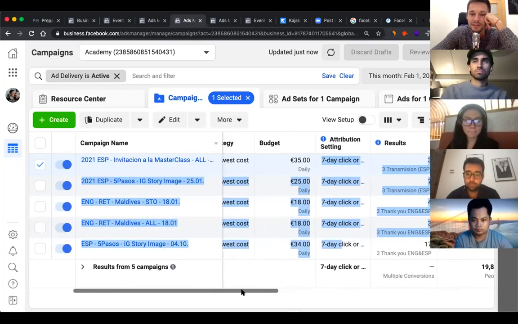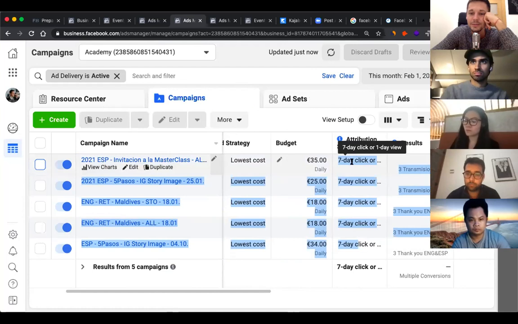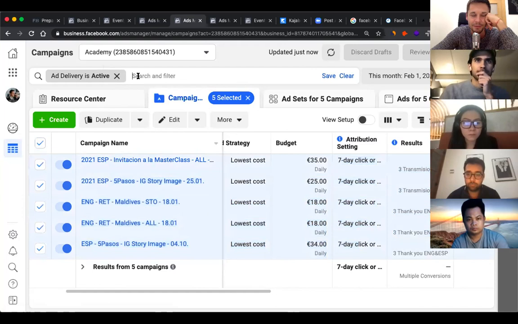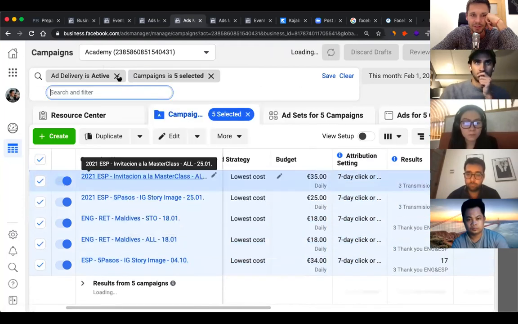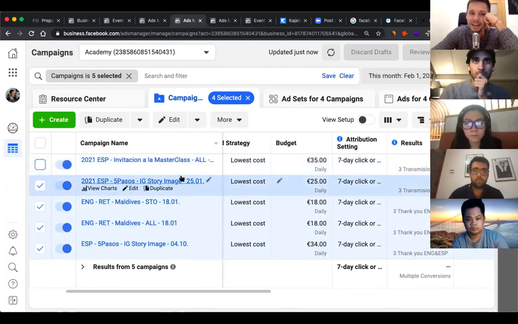And how is this done? Well, let's take an older campaign, for example, or let's say this one would be an older campaign. If it would be 7 days, if it would be still 28 days... well, let's make it like this. Filter by selection. Let's get rid of this active. Let's say it's this one. Let's say this one still says 28 days here.